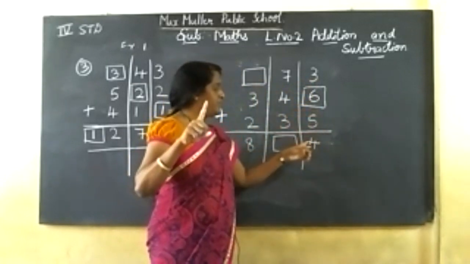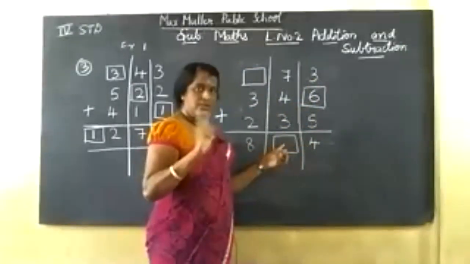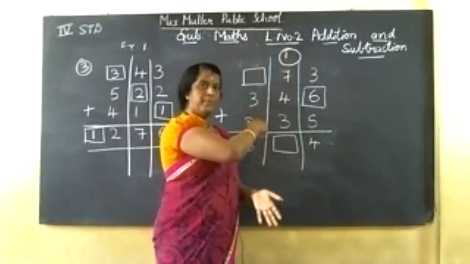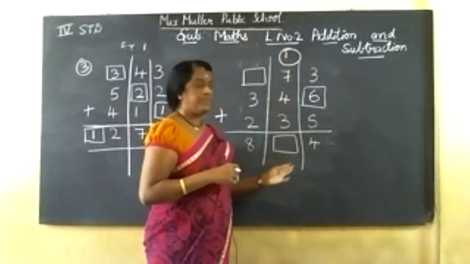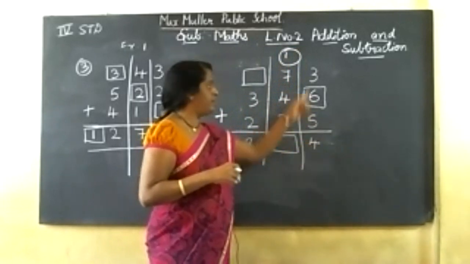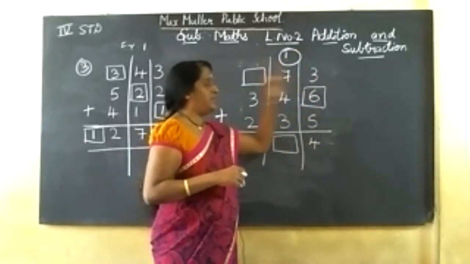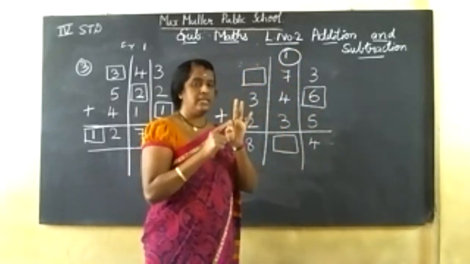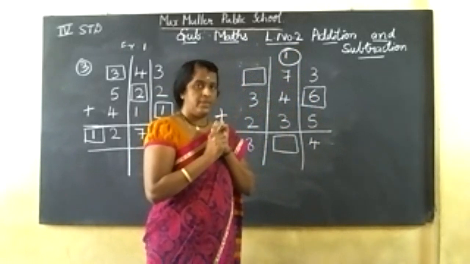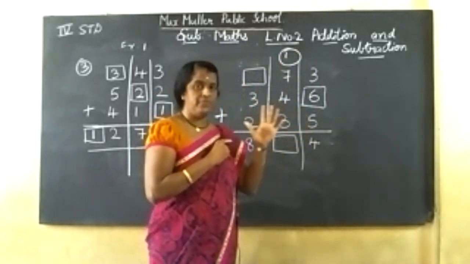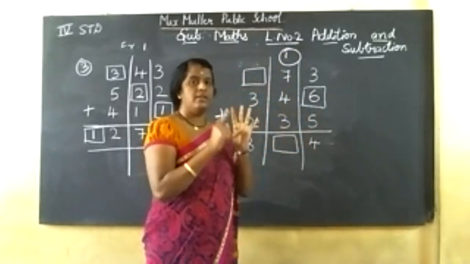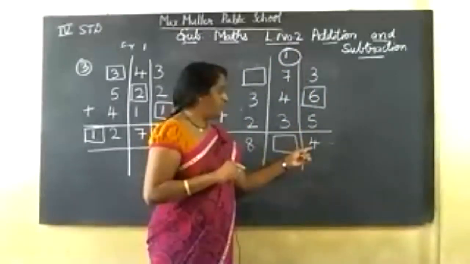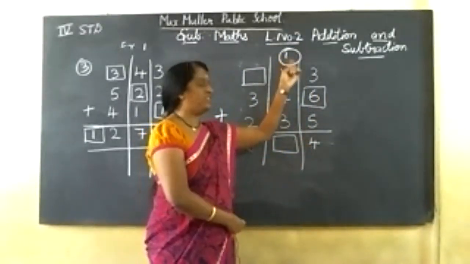Okay. So 14 means what you should do? You will write here 1 now. What I told: 1 carry for the next number. Now you should count all this. So now you check how the 14 came, whether this is right or wrong. 3 in the mind, 6 on my finger. After 3, 4, 5, 6, 7, 8, 9. 9 in the mind, 5 on my finger. After 9, 10, 11, 12, 13, 14. 14 means 4 here, 1 carry for the next number.